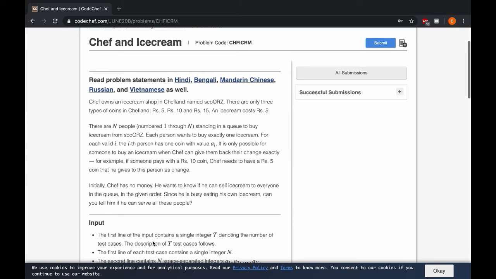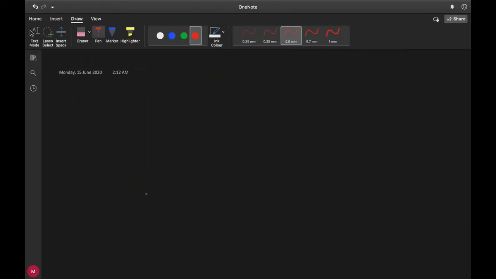Keeping this in mind, we know that the first person coming to the chef should always give a rupees 5 coin, not a 10 or a 15, because the chef will have nothing to give him as change back. After we have checked this, we'll iterate over all the other elements of the array we are given, and find whether it is possible or not to serve all the people. Given an array, first of all it is compulsory that the first person has a 5 rupee coin.